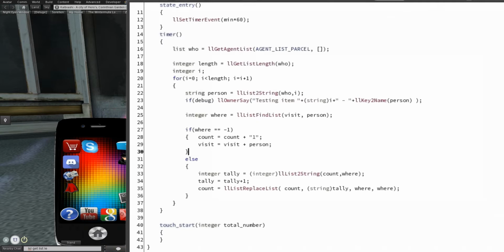All right, I'll figure out what's up with that in a second. So what this just did is it says count equals list replace list, which starts with count, the same one that we're replacing. The thing we're replacing is tally, which actually, there we go. And the specific slot it's replacing, it starts at where, it ends at where, because that's the very thing that we're reading and replacing. So, to hop back up here and figure out why this is a problem,